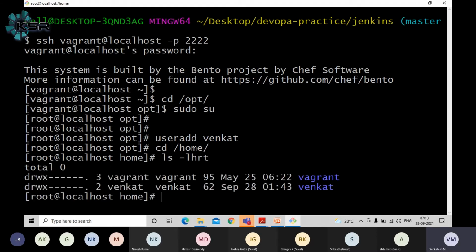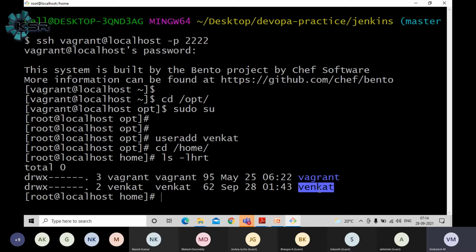Now let's see that. Here, as you can see, I have a user called vagrant. This is the default user, guys. When I create a virtual machine, this guy is the default user. Just now I have created a user, Venkat. That means only the Venkat user can log into it. He can see whatever files are stored in this particular path, /home/Venkat.